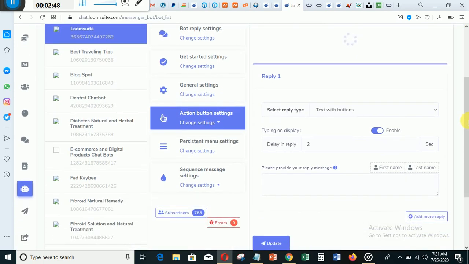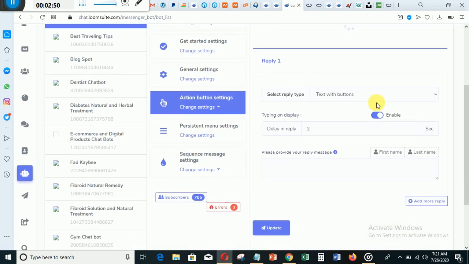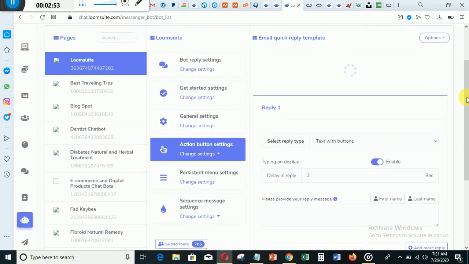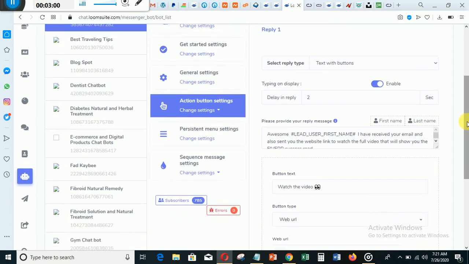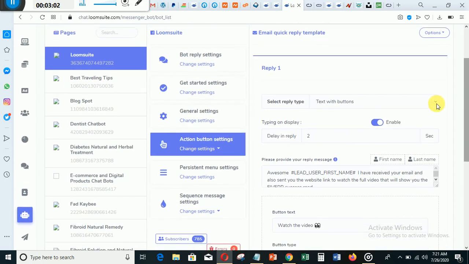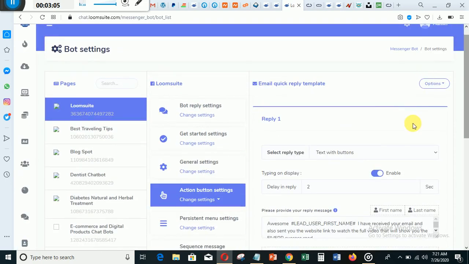So what you need to do is set whatever you want to use to reply. This is still loading, because this site is heavy, so it needs to load many things. So the loading is complete. What you need to do is click whatever you want. Let's assume you ask for email and the person dropped their email. What do you want to reply to the person? Thank you, we have received your email. Check your inbox and you will see the video on how to do this. Or you just continue with the discussion at which you asked for their email.